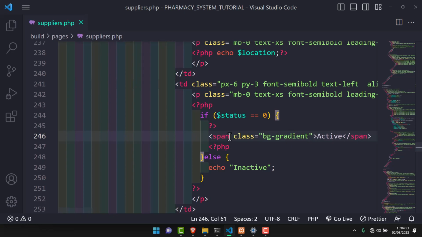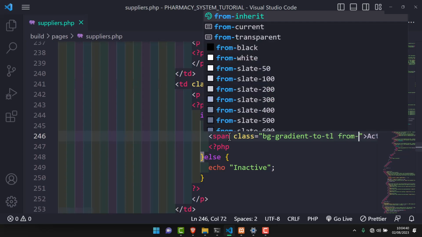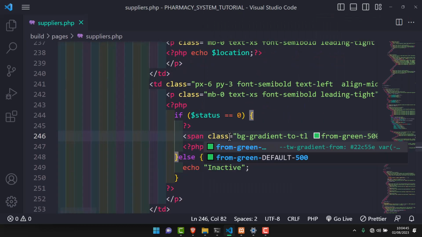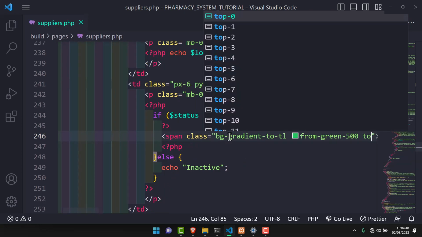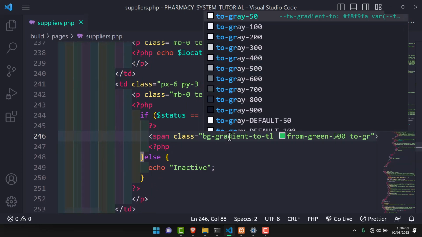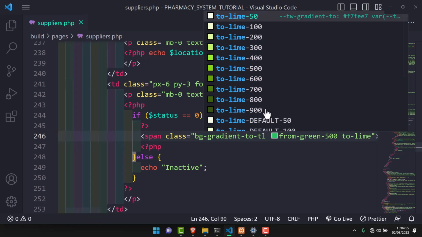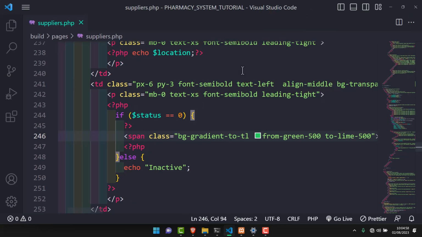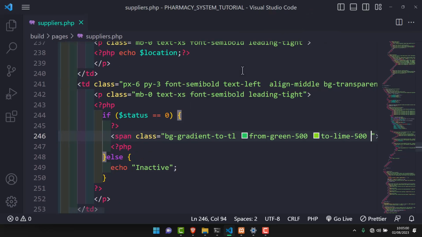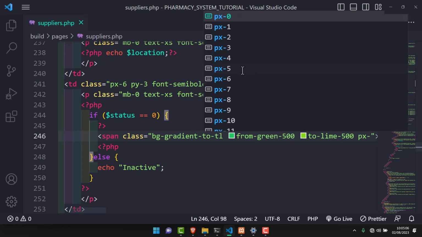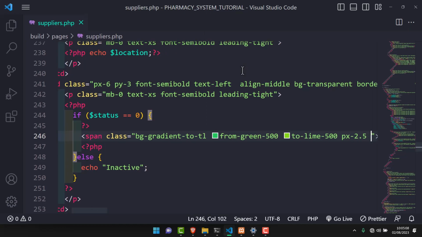gradient, and it will be starting from top left, and the first color will be green 500, and the second color will be again let me just talk of rhyme, maybe rhyme still 500. Yes, and I'm also going to add a padding top and bottom, so px of 2.5, and I also want